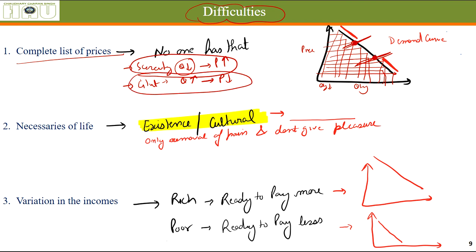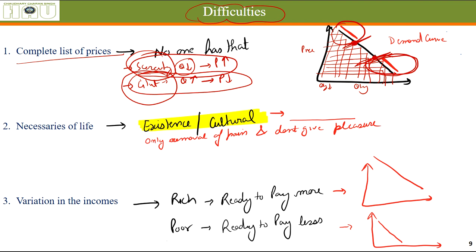So these portions of our demand curve are not very easily given out by the consumers because they are not concerned with these things. They are concerned with only this much of price and quantity variations. They don't know about the complete demand curve, because they might not have seen the times of scarcity, they might not have seen the times of glut.